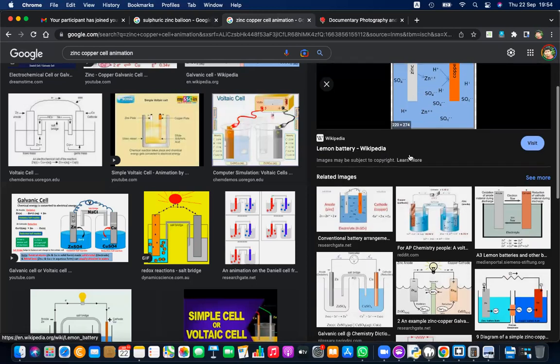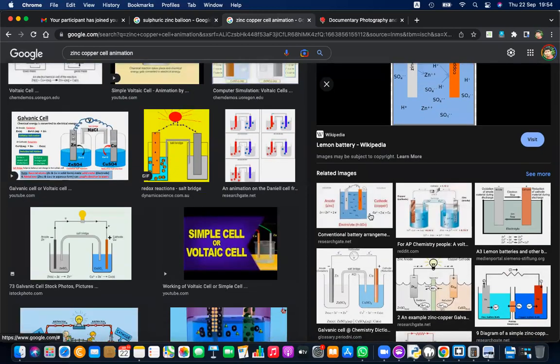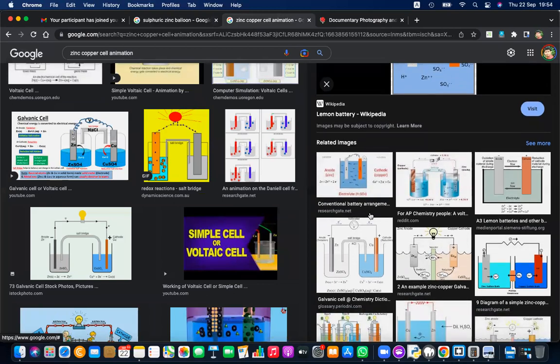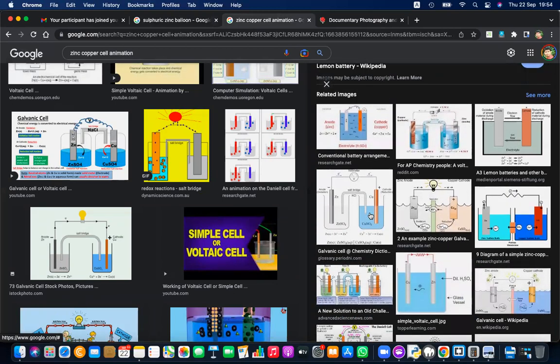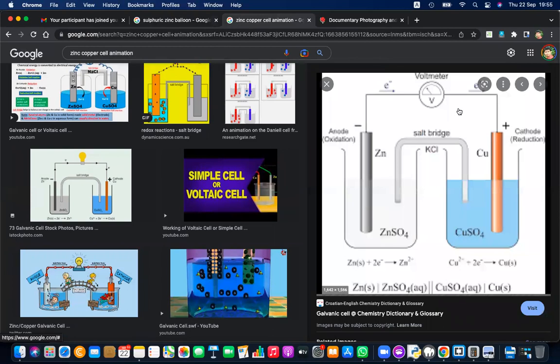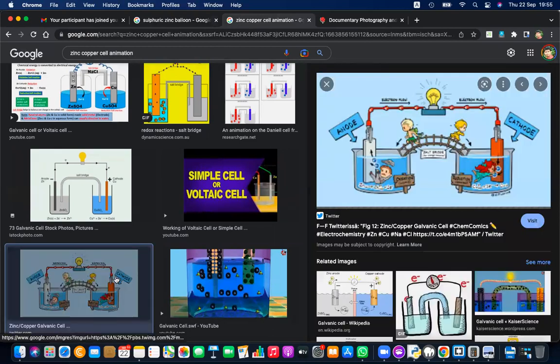Because of that reason, there's a current in this wire, and you can use this wire to light up a bulb. But this is not a very good thing. Okay, you can see this is another example. This is the animation, but this is a picture, right? This is a picture. Salt bridge is an interesting thing, but since that is not in the syllabus,